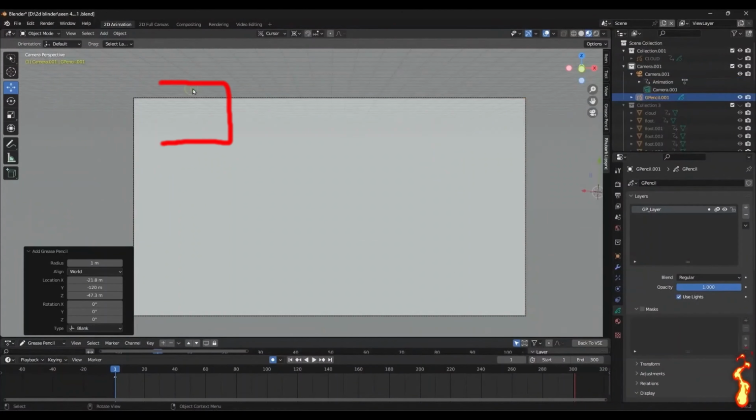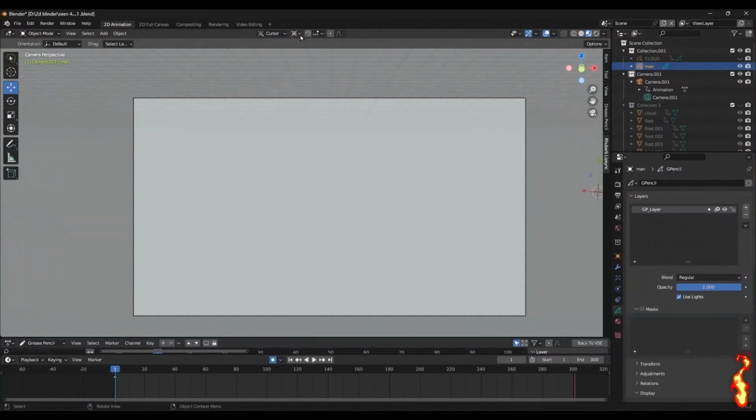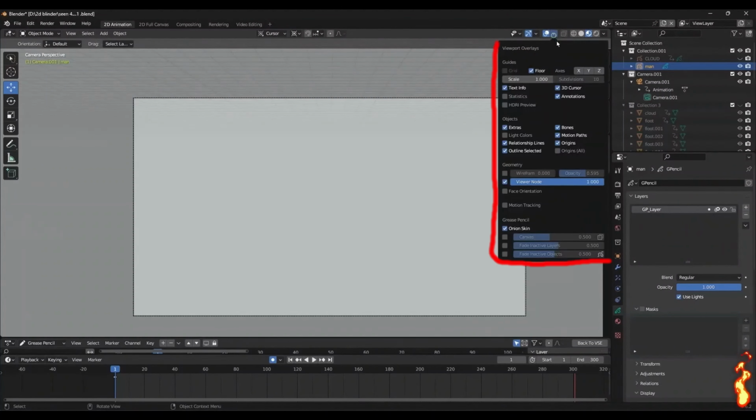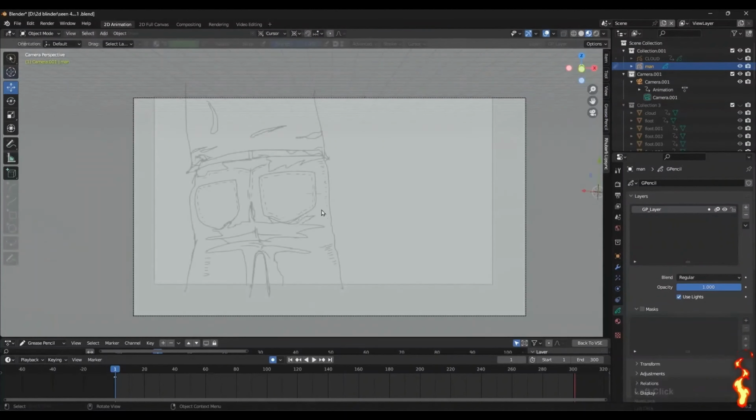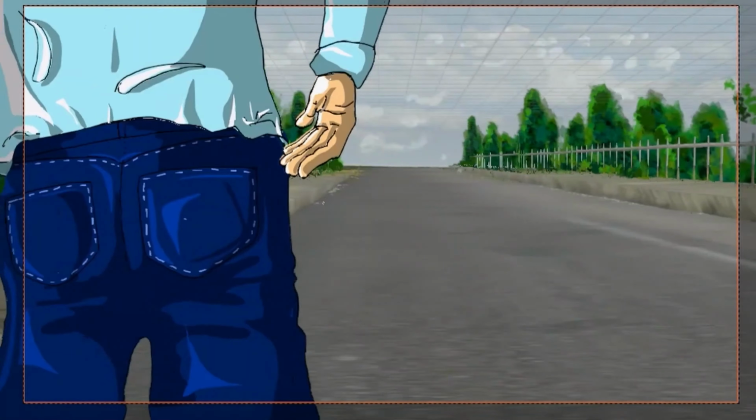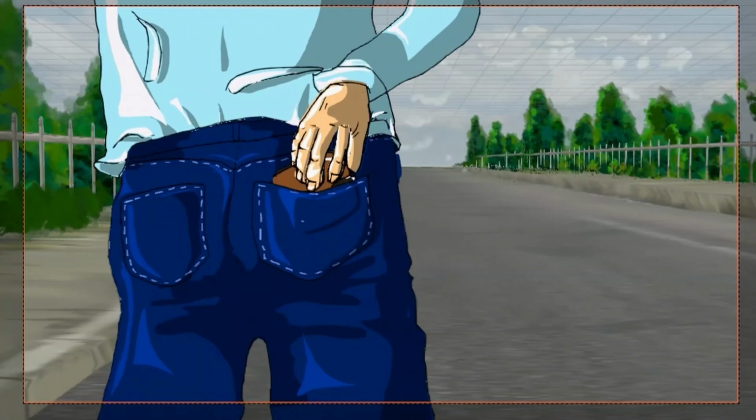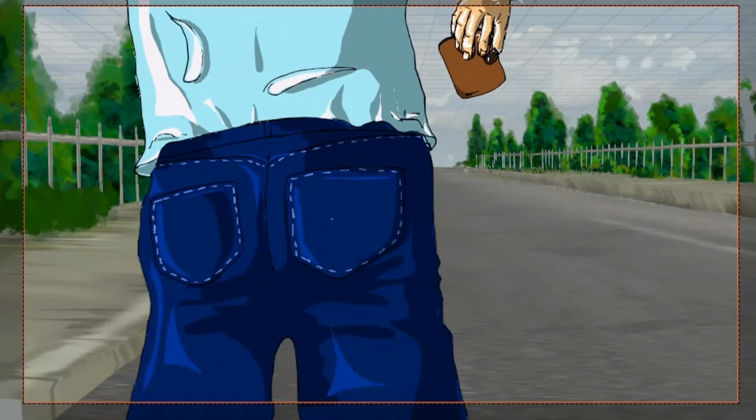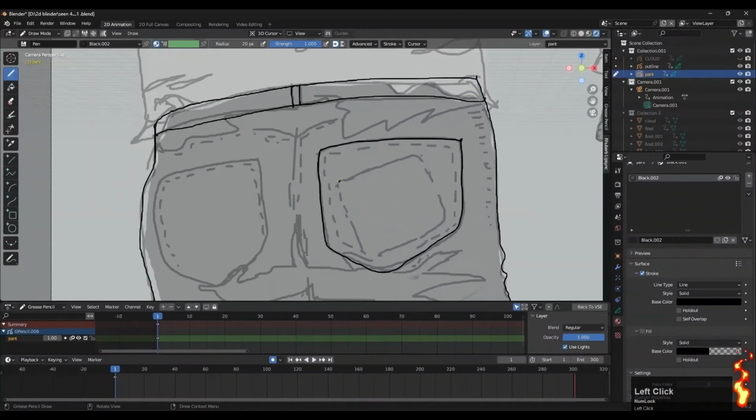First, we add a grease pencil blank in the collection. Set your cursor to the 3D cursor, then tick mark the 3D cursor in viewport overlay for visibility. We learn how to animate a wallet, so draw the outline of the wallet in draw mode. We will see that the wallet outline converts into this wallet, so you better understand the first step of animation.